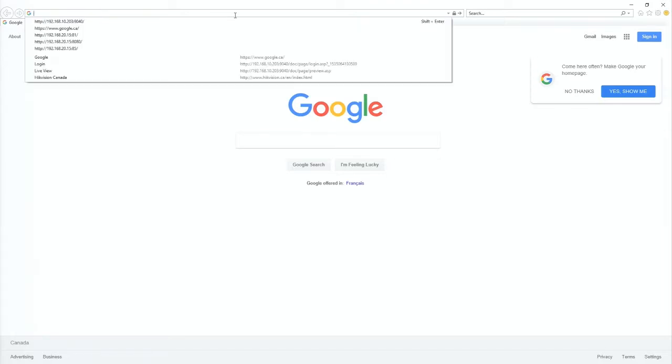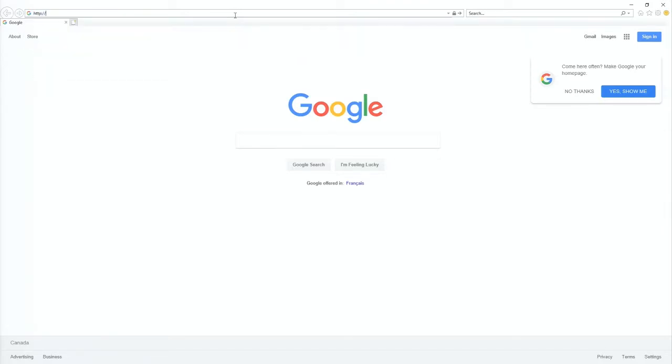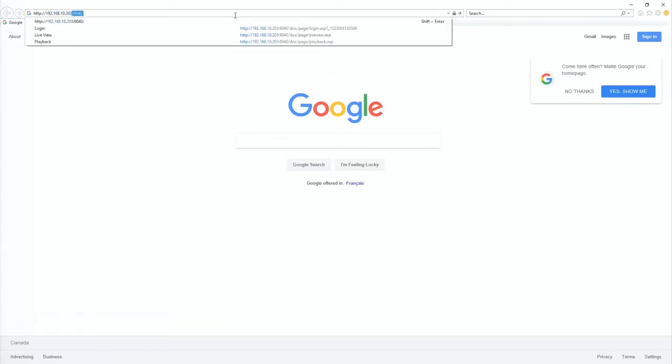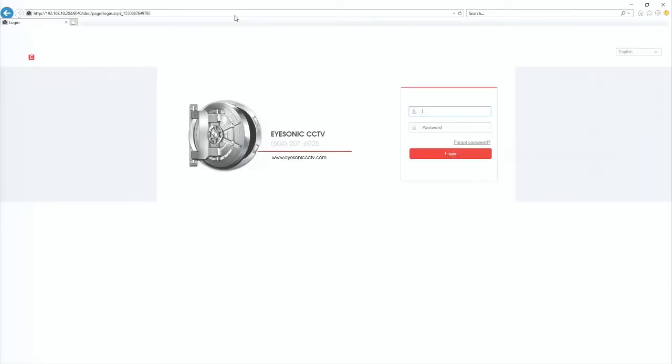So we're going to talk about how to set up the web components on Internet Explorer. To do that, you need to go to the IP address or address given to you for your DVR. So in my case, for instance, it's going to be http://192.168.10.203, and then you do colon and your port number, whatever your HTTP port is. That should again be provided to you, or you can find it on the network page of your DVR under